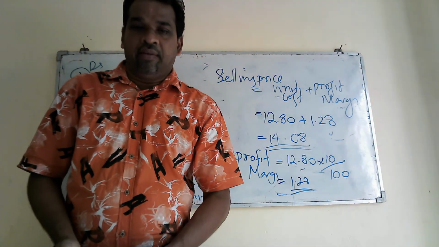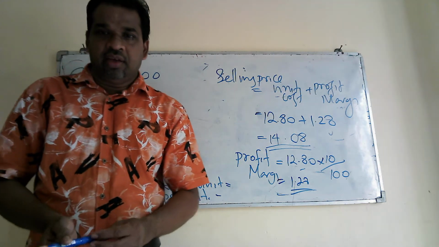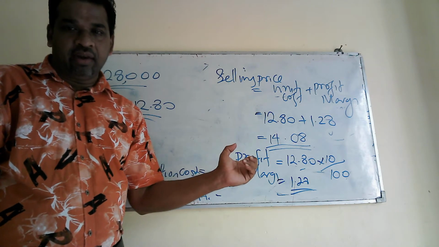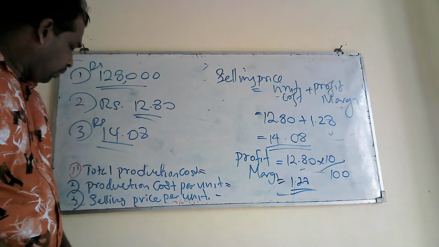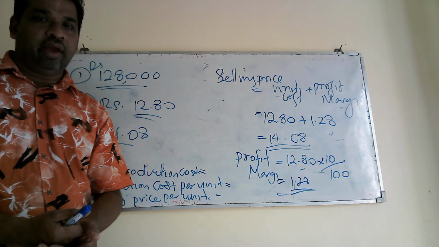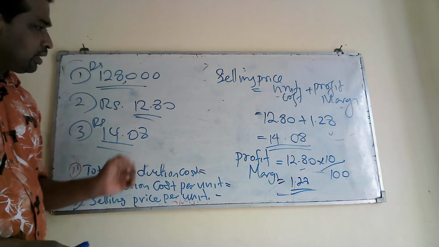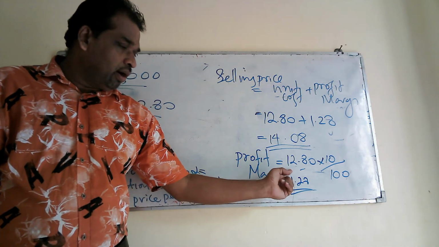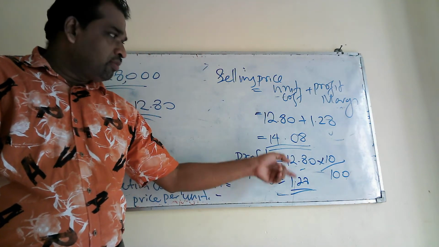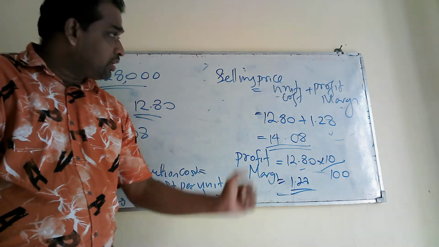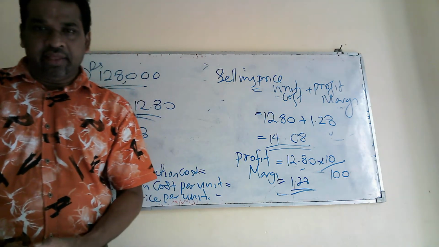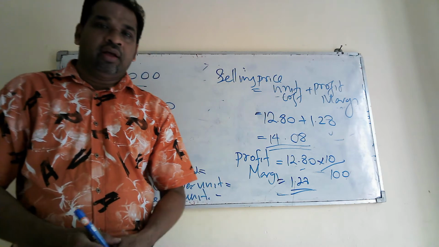No worries. Okay. Anyway, you understood easily the way you have to take total production cost, unit cost and profit margin. Here, profit margin equals cost times the given percentage. You are asked to take 10%, then you take 10% from the given cost. Your cost actually is 12.8, then you take 10% from that. That's why you have to first calculate unit cost. Unit cost equals total cost divided by number of units produced during the period. Right. I think you understood this question easily.